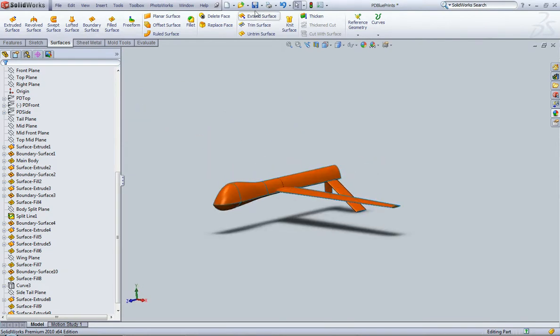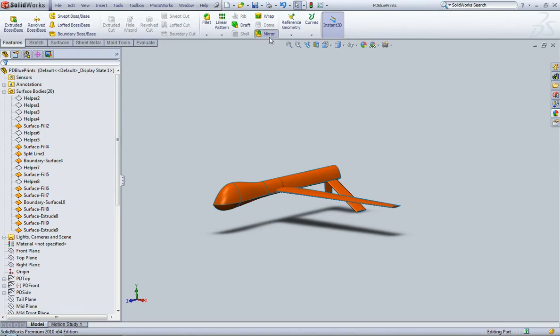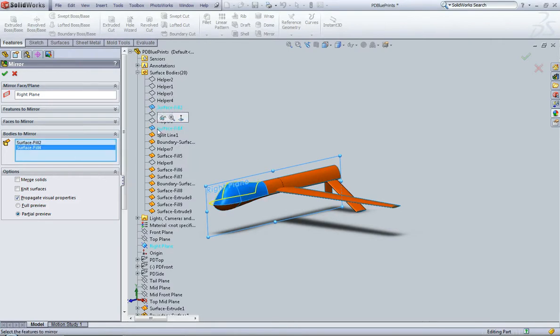So let me save this thing again, and let's go ahead and just mirror this thing and take a look at what we have so far. So right plane, and I'm going to select the bodies from here because I know the hidden ones are all the helper ones, and obviously